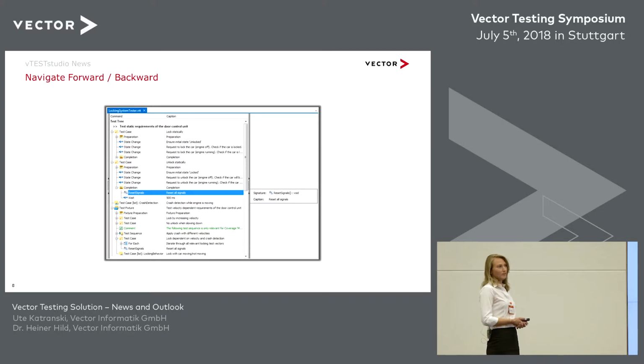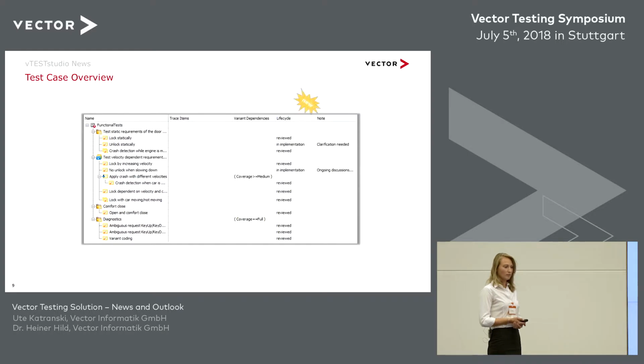Then at some point in time we are through with our review. The test designer says, before we go to execution, let's have an overview of our test case. Have I actually reviewed all of them? What's my status? And then he opens the test case overview. You've got a new view there in the VTest Studio,